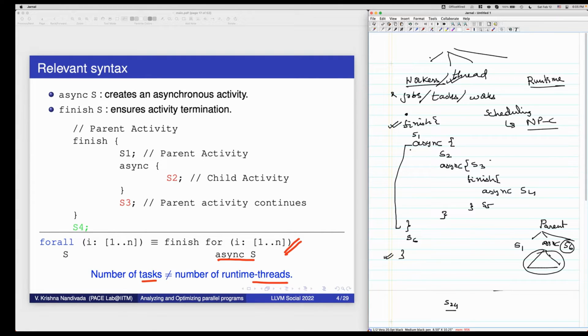Let us look at whatever is inside here. First I will have S2. I'm just expanding this triangle. After S2, I will execute S3. But remember, this S3 is inside an async, and inside this async I have one more.